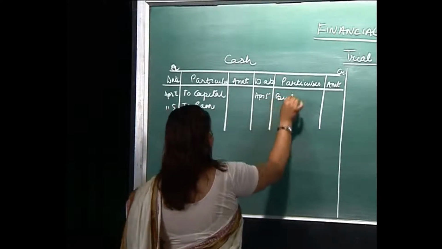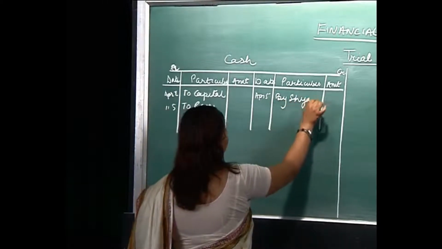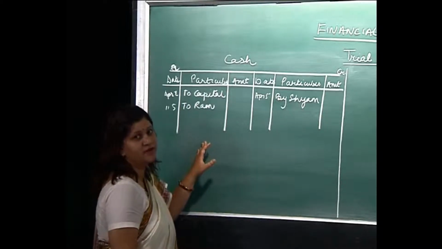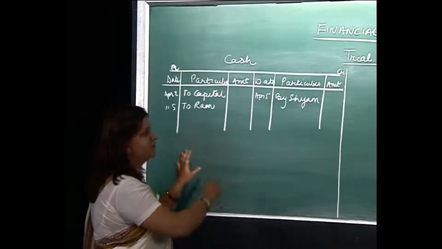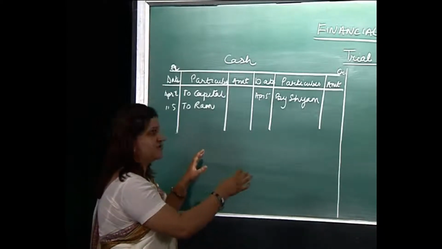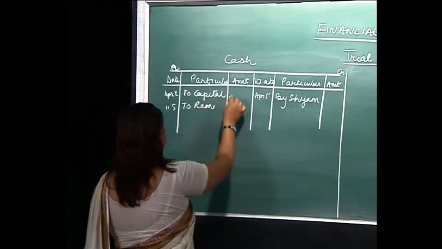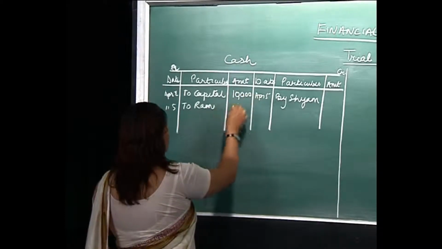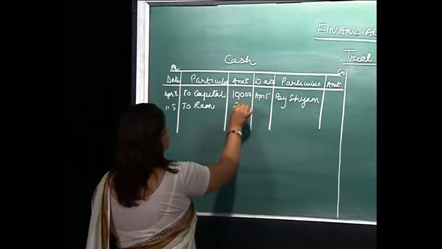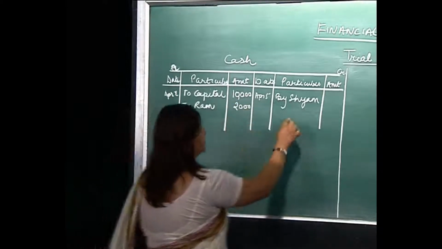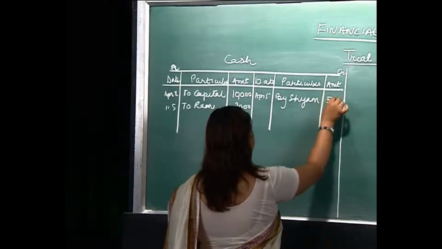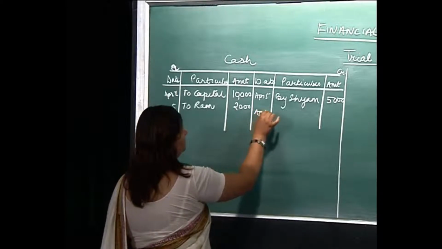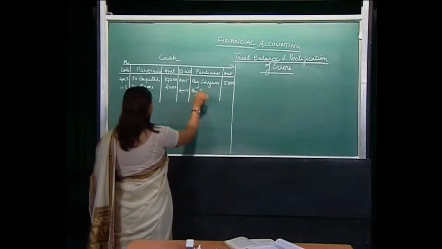By Sham. We will take all the examples where we can find out real accounts, capital accounts, nominal accounts and personal accounts, and we'll do its posting and try to match the trial balances. Say for example, capital is 10,000 rupees and cash being received from Ram is 2,000 rupees. Cash being paid to Sham is 5,000 rupees. Then expenses being paid off, say for example salary is being paid out